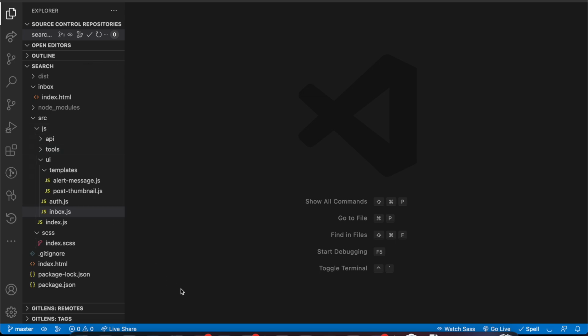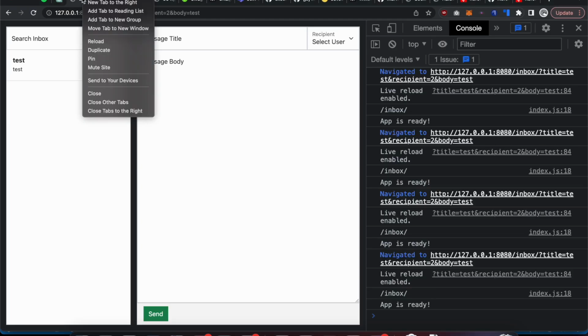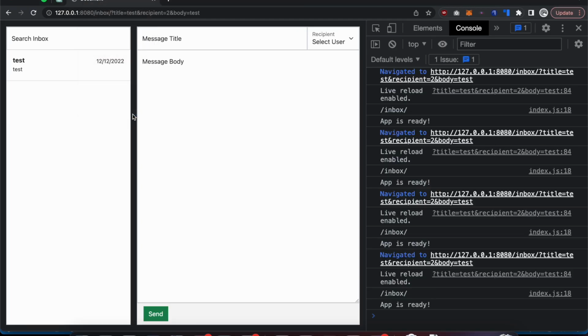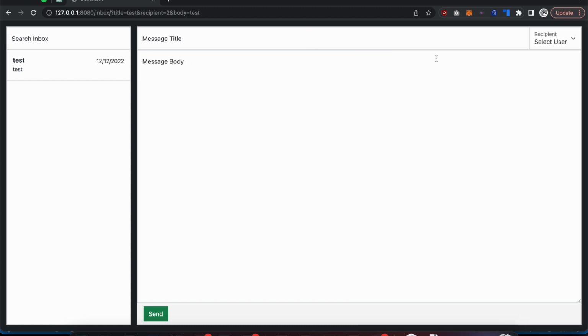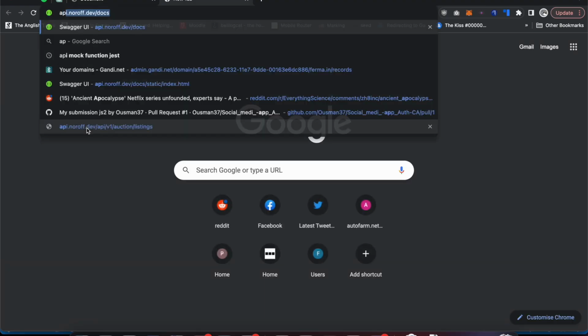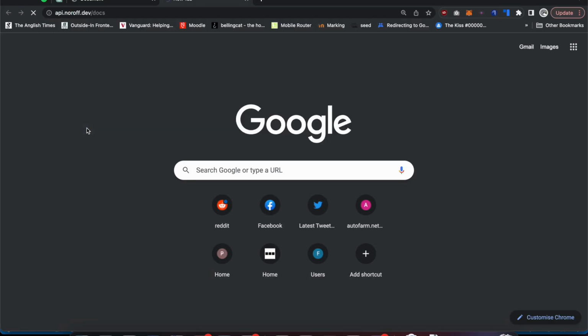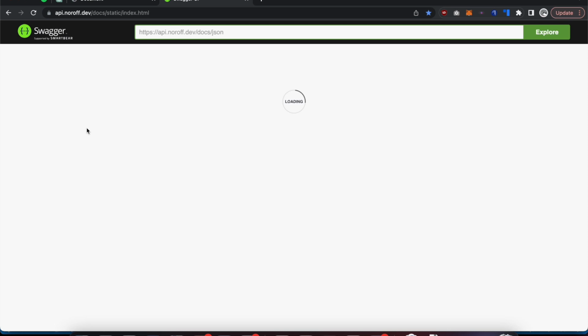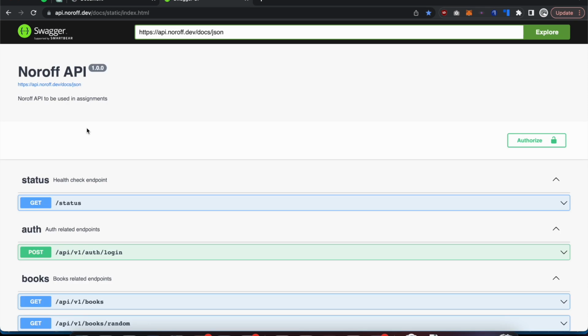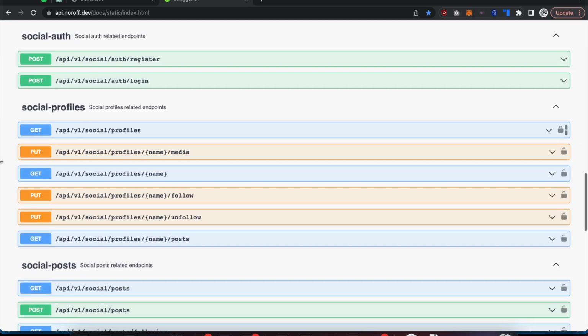So this project that I have, I just need to clear some tabs here. I have a project set up here. It is using Bootstrap, and I'm using the social API, so I'll just open the docs there. So this is the same social API. It is the same version as everyone else. It's using the live